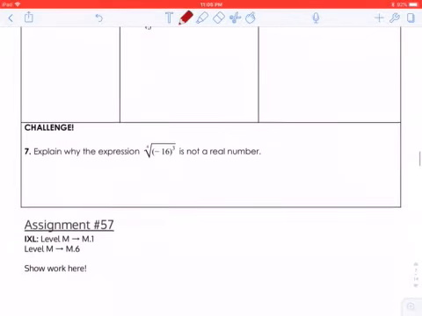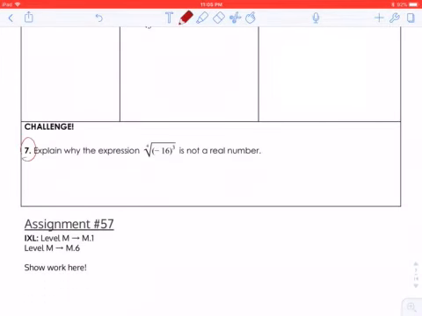Go ahead and try 3, 4, and 7. Not sure why that's called 7. Then you can take a look at your